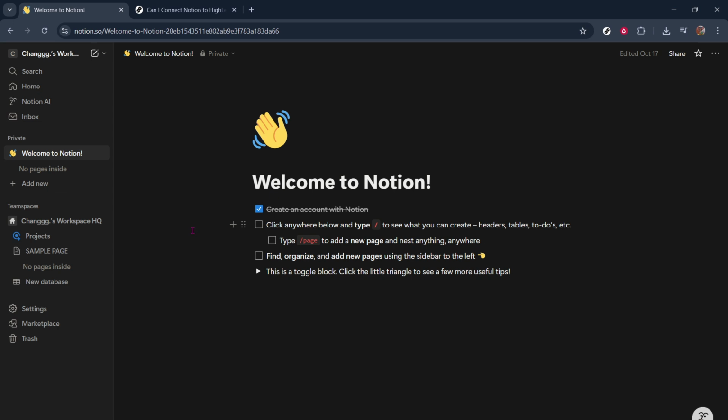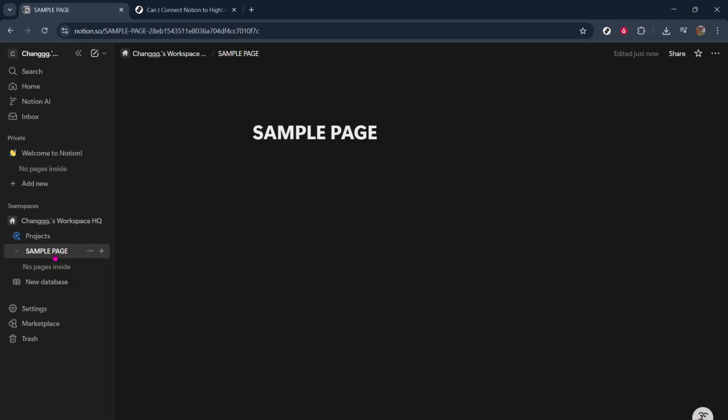To begin, you'll want to choose the specific page in Notion that you want to link with HighLevel. Open up your Notion workspace and navigate to the page that contains the information relevant to your HighLevel system. It's crucial to make sure this page is well organized since this data will be linked directly. If you're setting up a project or a campaign, double check that everything is up to date and clear for